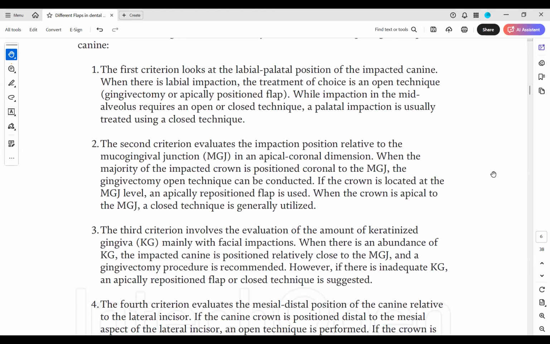Closed technique by definition means that you're exposing your canine surgically first, putting your band there, orthodontic banding is done and the wires are attached, but then the flap is put back up again and it is closed again with your flap, sutured. And then the wire does the orthodontic traction but underneath the mucosa. Everybody understood what's happening here?